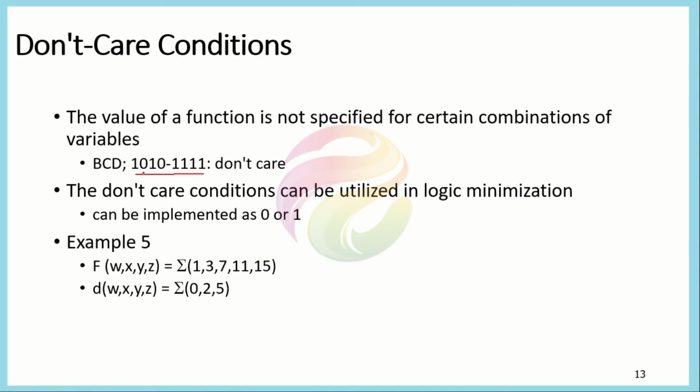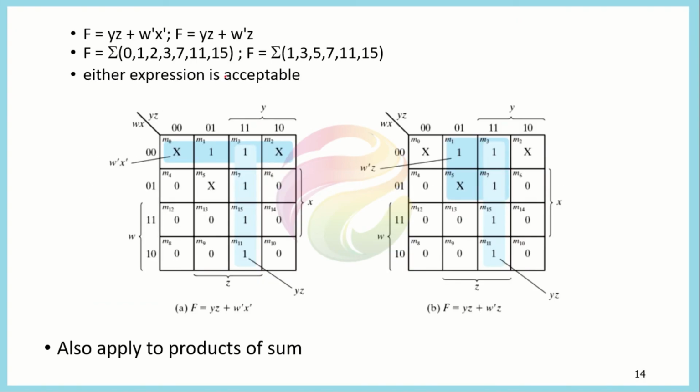So for the rest of these conditions, we have the option to put them as any value equal to 0 or 1. I will explain it through an example. Suppose we have a function, a 4 variable system, which is represented in these min terms, and we have a don't care term which is defined as this one. So in 3 locations we have a don't care term. So first we express the don't care term as x here.